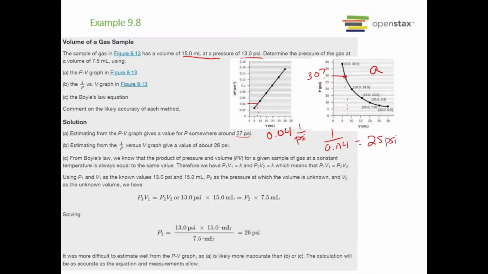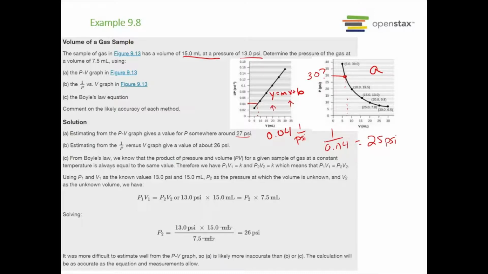Of course, technically, the way that it would be best to do it using the line is you get the actual equation of the line, and then you plug in your volume and solve for your y, and then you can do 1 over it. But nonetheless,